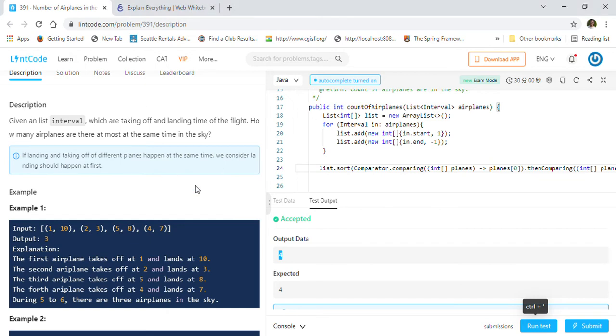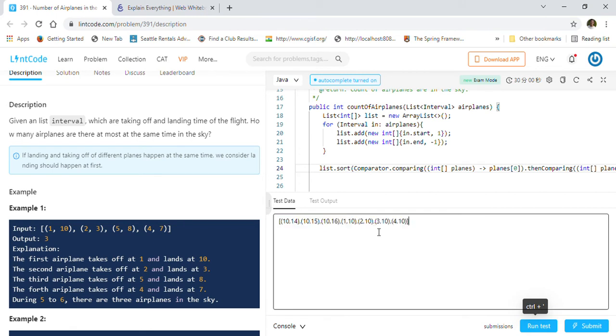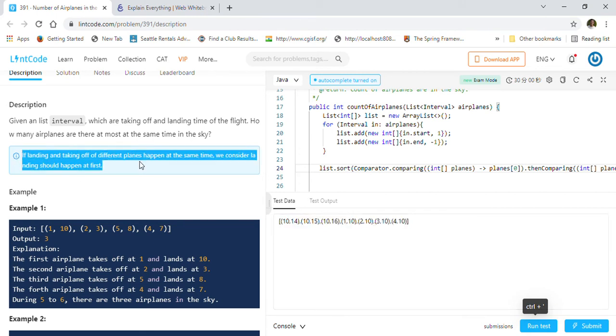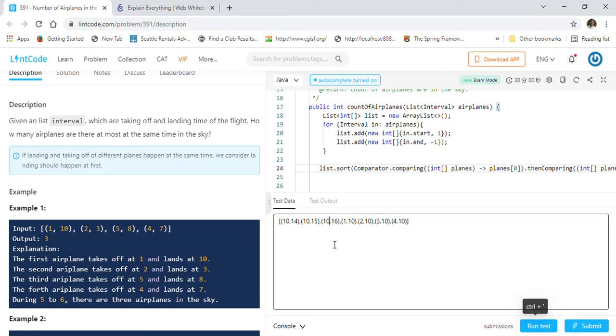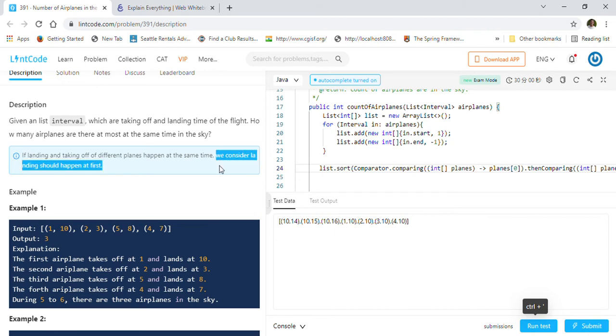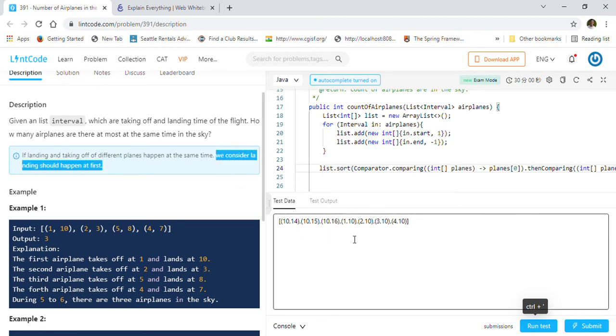And another example we can try to validate this condition. So we are validating this condition in this example. Now we have some planes which have the same takeoff time and landing time, right? Here takeoff time is 10, takeoff time is 10, here also takeoff time is 10. Now for this you can see the landing time is 10 here for both of them, and here also landing time is 10, 10, 10, right? So in this case they are saying that it should be sorted so that landing time should come first, right, before takeoff time. That's what they are saying.